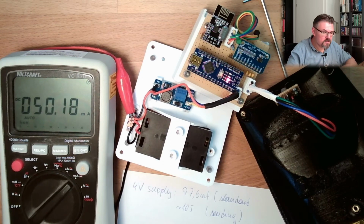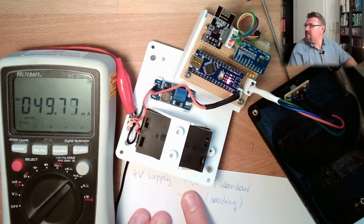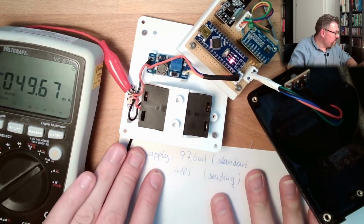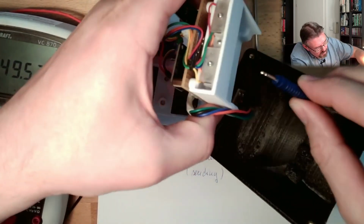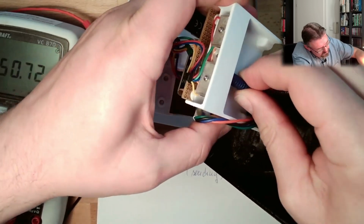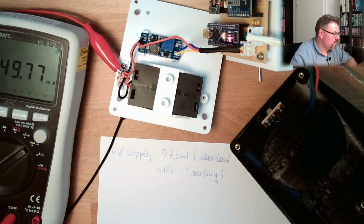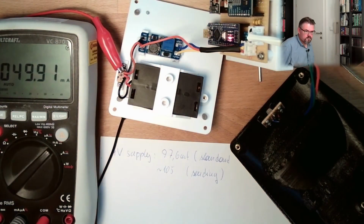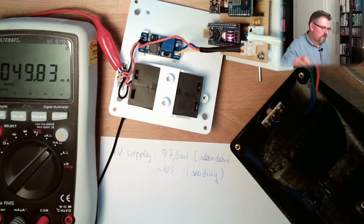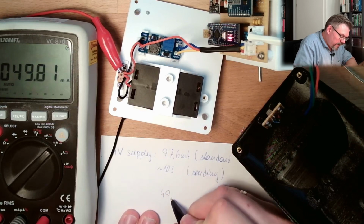Okay, this was a good measure. Before we were at 97, yeah? And now we are at 50. Let's plug the blue again and see how much we have when we are sending. This is actually working pretty nice. We have 49.8